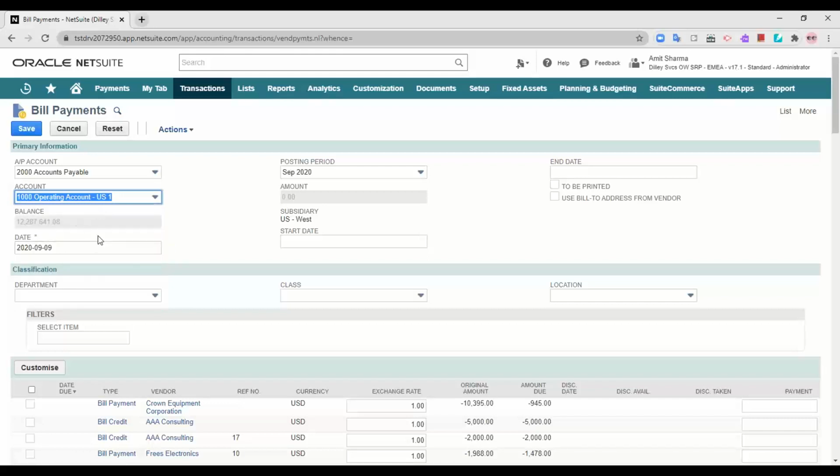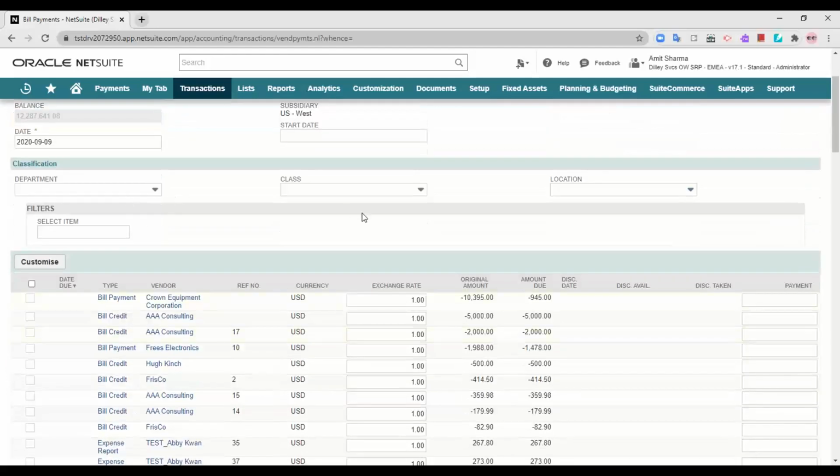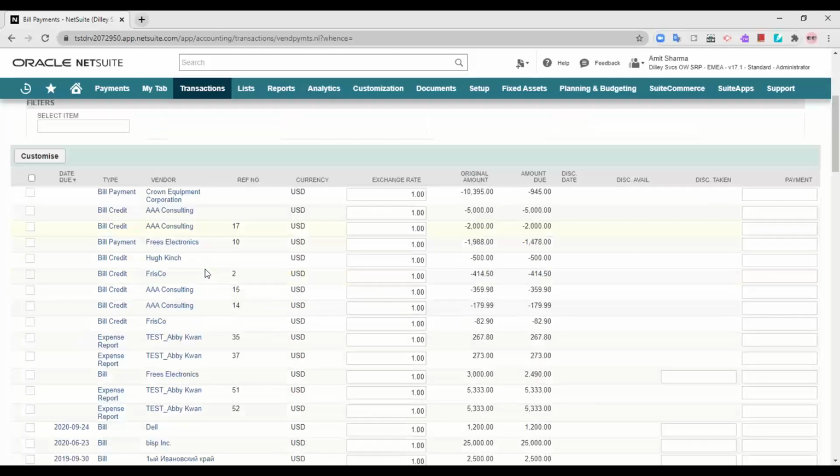I'm selecting this, and the balance will appear here. The posting period and subsidiary are automatically selected when you select your bank account. With the start date and end date, you can filter which bills you want to view, so that it is easier for you to pay. You can also filter based on department, class, and location.